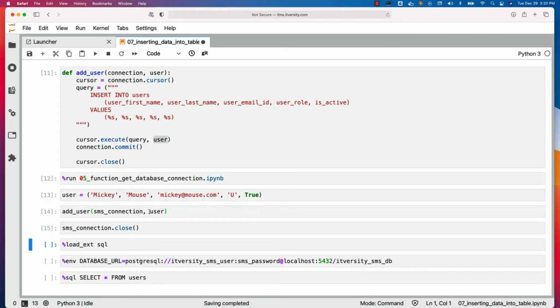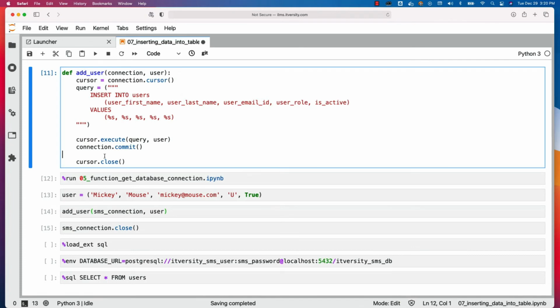We should not have the close as part of the function itself. Typically we close outside the function. This is the typical flow which we follow. We have to first create the connection, then we have to invoke the function with the connection object as well as the object which you want to insert. Once it is done, then you have to close the connection. If you have connection close as part of this itself, you might run into some issues, and hence I have moved the connection close outside of the function.